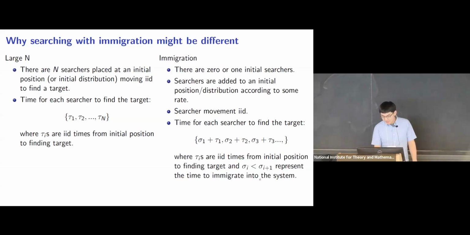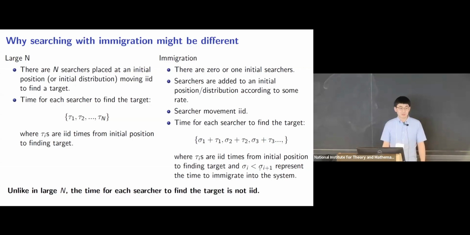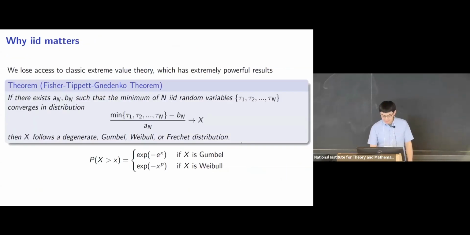And naturally, if you come in later, you're going to wait longer. And so if these guys are ordered, that means that they are not going to be IID. So here we're taking the minimum of a bunch of IID variables. Here we're taking a minimum over some variables that are correlated in some way. Why does that matter? Well, if you don't have IID, you lose access to some classical extreme value theory, which has some extremely